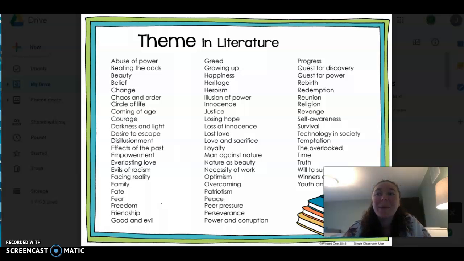Hello! Today we are doing the last box in your claims about the text chart by using the dot. Our focus today is going to be on theme. A theme is a lesson that the author wants not just the character to learn, but also the reader to